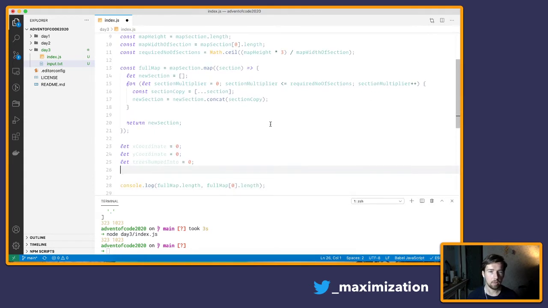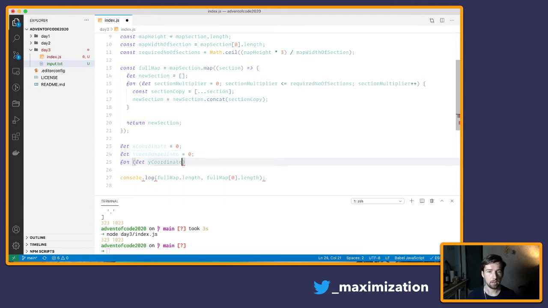And then we have a for each. Can I do a for each? I'll stick to loops. Let's do the y coordinate. I could also just get rid of this one in here and initialize it in here. It's the same thing. And then while the y coordinate is equal or smaller,